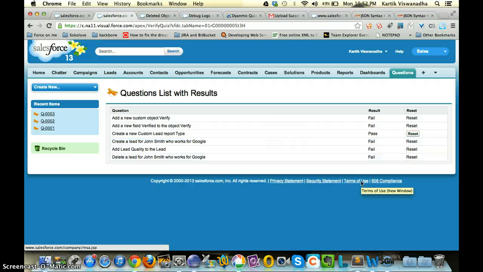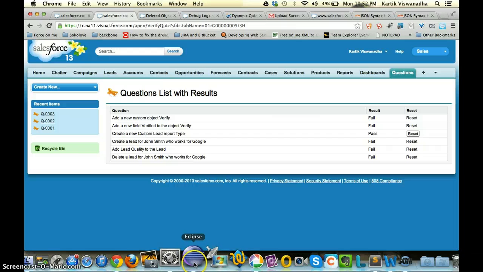So the record is deleted immediately, so you will not see a resetting or verifying, because the SOQL call is an immediate action. So the record is now deleted. So that's basically it. And if you wanted to see the code,